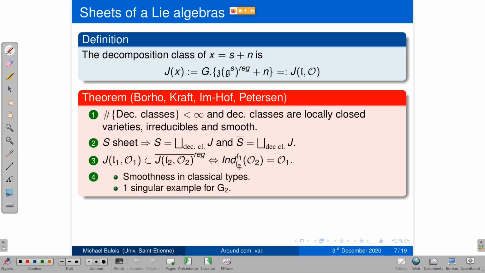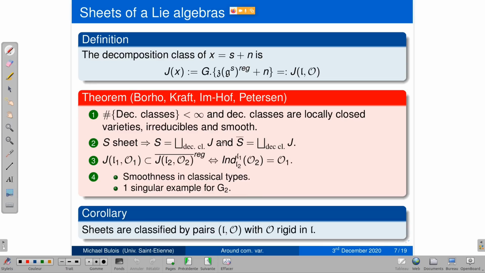Some other results are due to Imhoff and Petersen. Imhoff got the smoothness of the sheets in the classical types, and Petersen got one singular example in G2. So sheets are a bit less nice than decomposition classes. They are not automatically smooth. And one important consequence of this is that sheets are classified by pairs constituted by a Levi and a nilpotent orbit, which encode in fact the dense decomposition class in S, and the dense Jordan classes in S are when